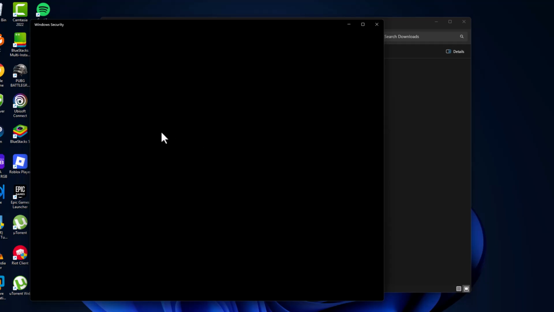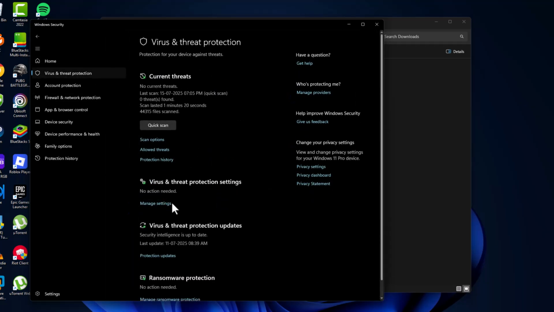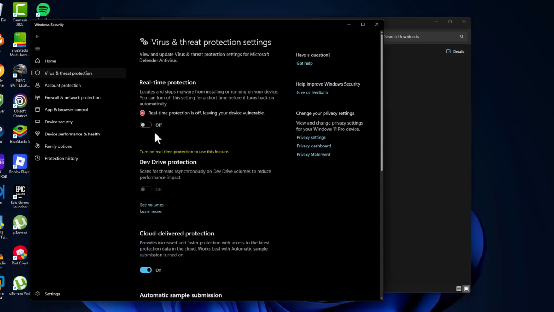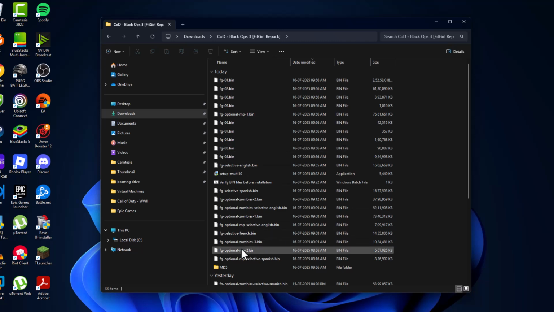Click on open it. Select the virus and threat protection and select manage settings. Turn off the real-time protection and select yes. After doing this, just minimize this page, double click on the setup folder, double click on setup and select